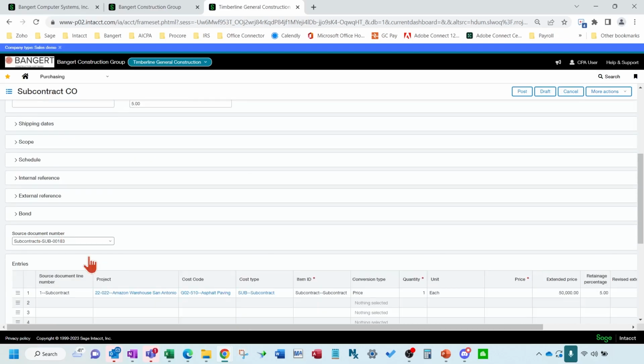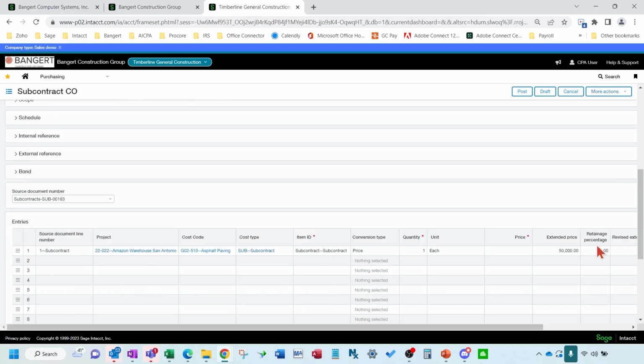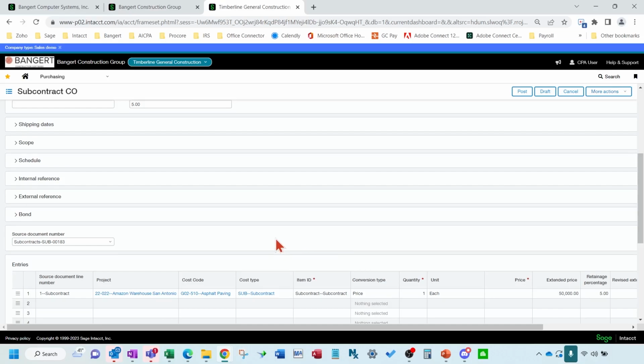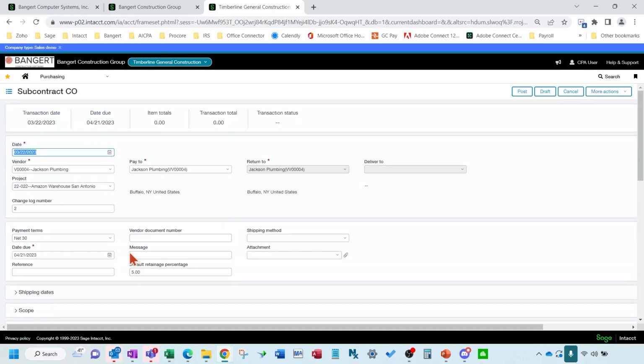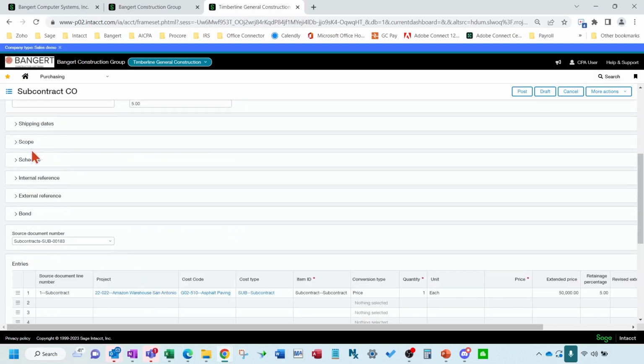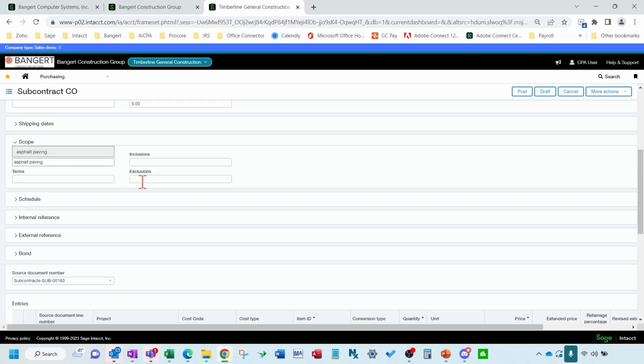It's already got my source document and all my related fields. Now you'll want to change the price here to be your change order price, but this is a little easier, it'll pre-fill everything for you. If you needed to put a scope in that's different than the actual subcontract, you change it there. Again, changing your other date fields here and such.